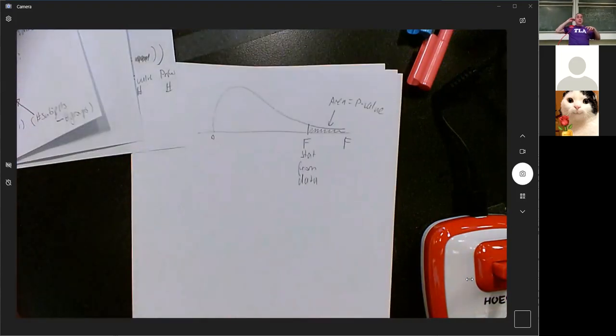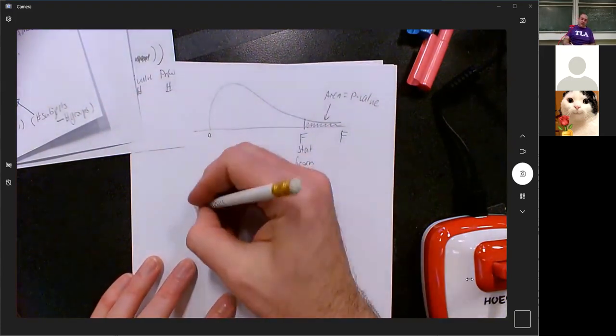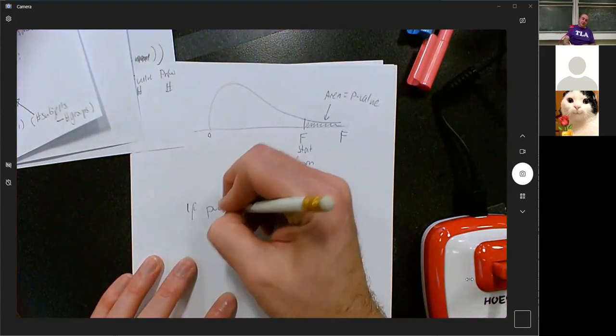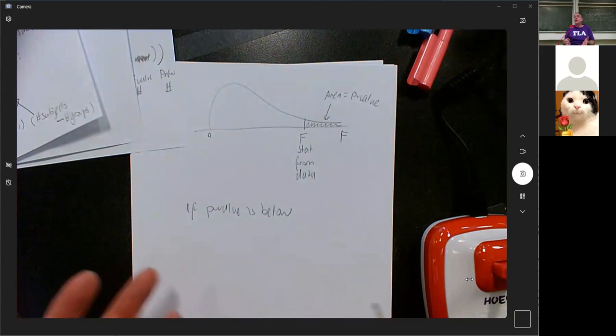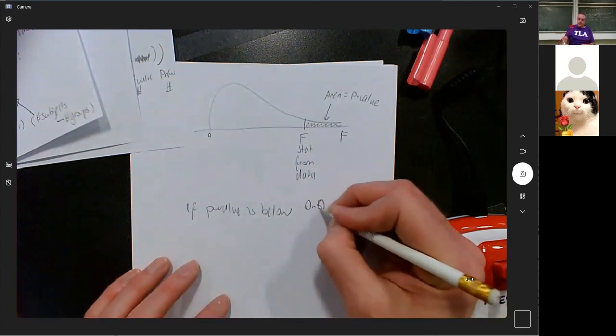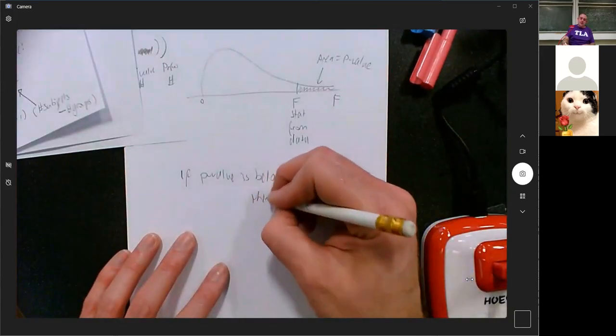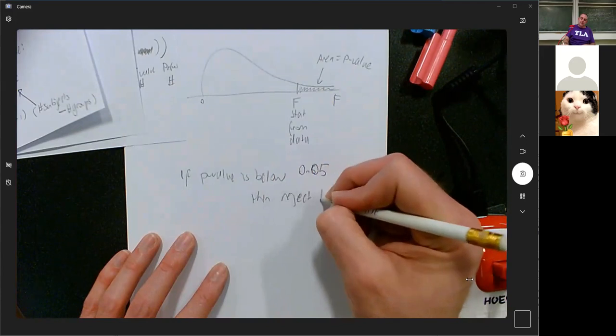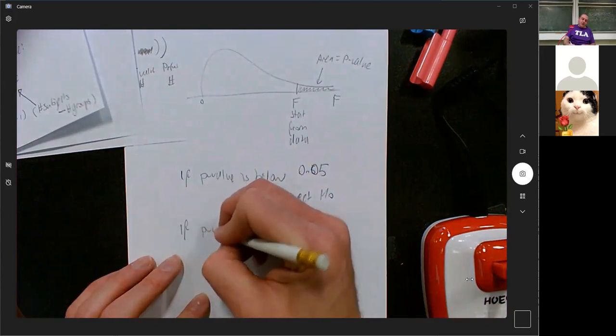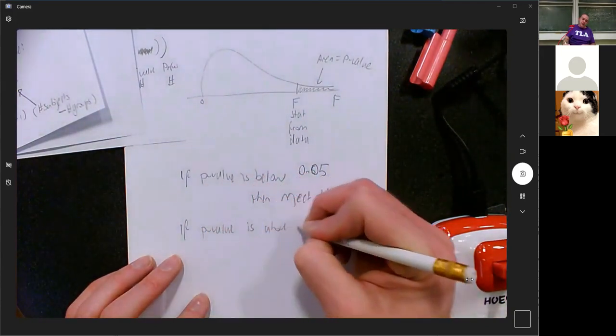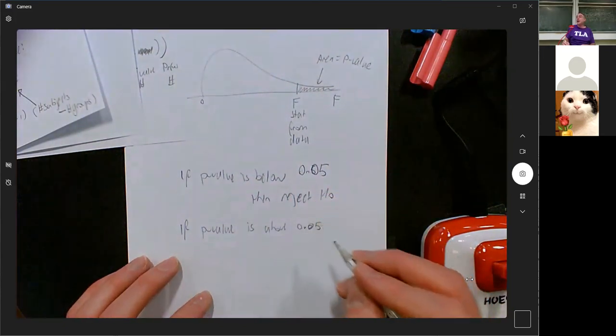And now that it's a p-value, you can make the same decision you always make with a p-value no matter what situation it's in. The whole point of a p-value is to have a standard way of making decisions. So you can say, if the p-value is below whatever the level is, traditionally 0.05, but it doesn't have to be, then reject the null hypothesis and conclude that not all the means are the same. And if the p-value is above 0.05 or whatever number you've been told to use today,